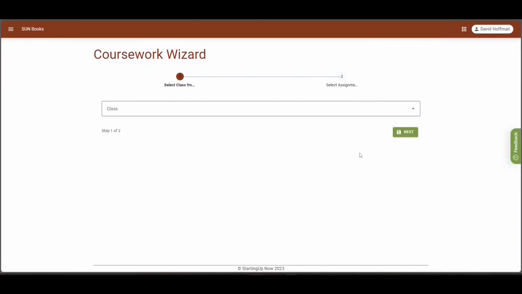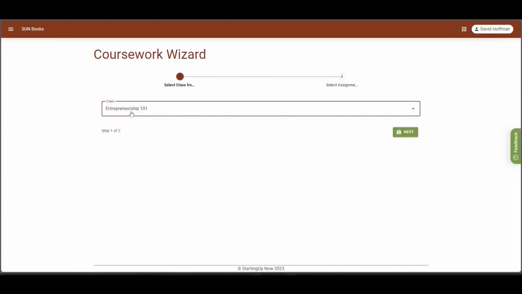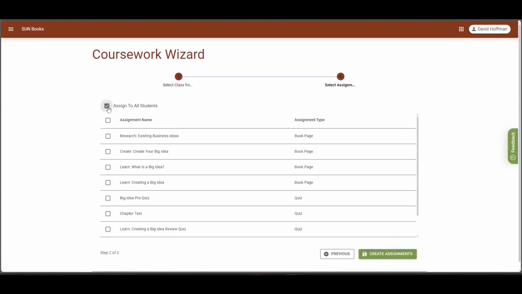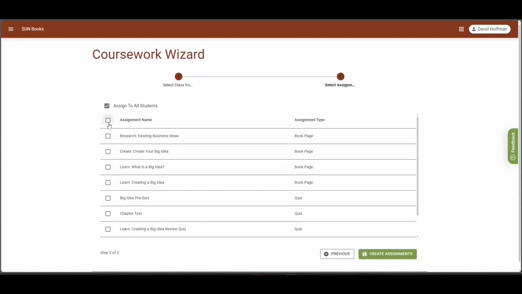When first accessing the wizard, educators and students will be asked by the LMS to verify their credentials. In this example, we have already verified credentials with Google Classroom, so we are able to see the two classes from our Google Classroom. We select Entrepreneurship 101, then choose to assign to all students in the class. We then wait for the system to finish processing as it creates all the lessons for us directly in our